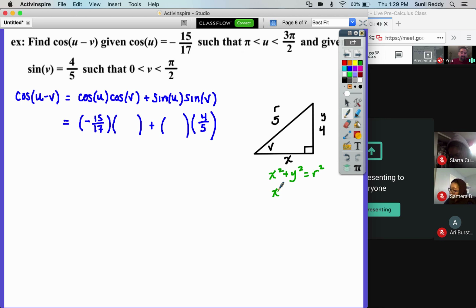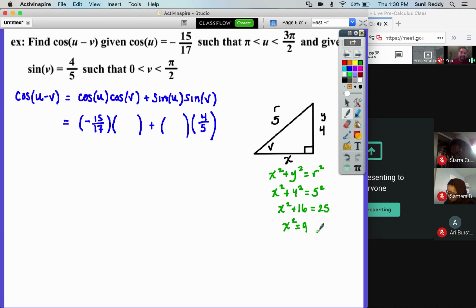So we have x squared plus 4 squared equals 5 squared. So x squared plus 16 equals 25, which means that x squared equals 9,